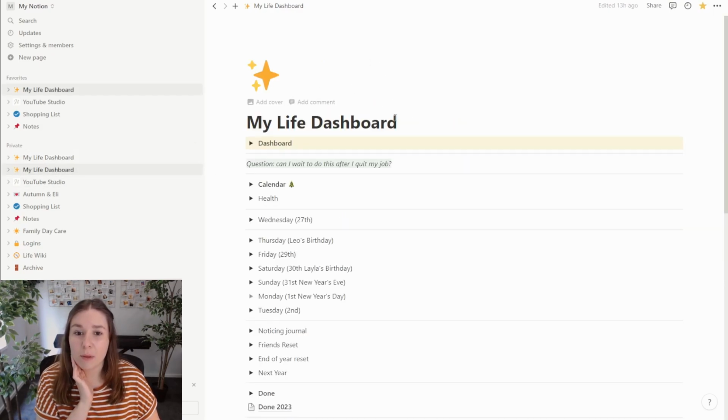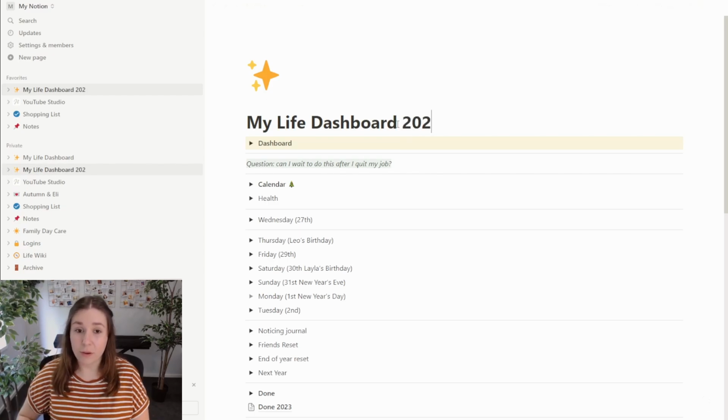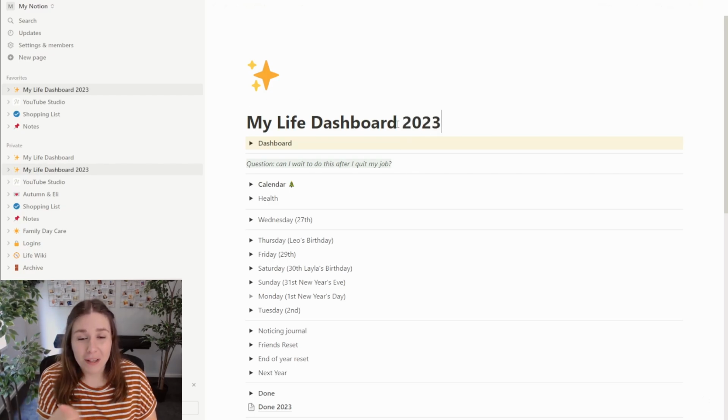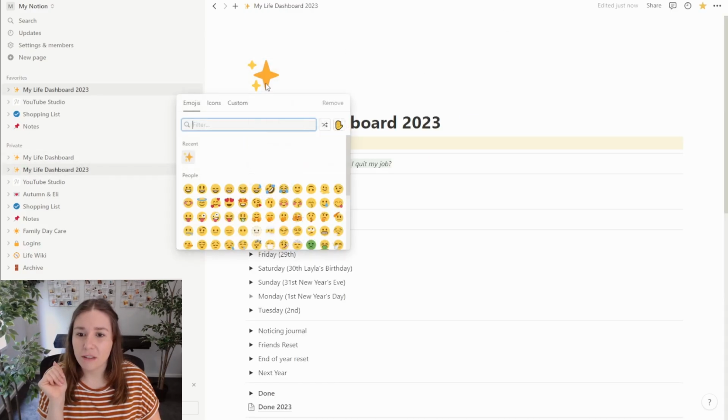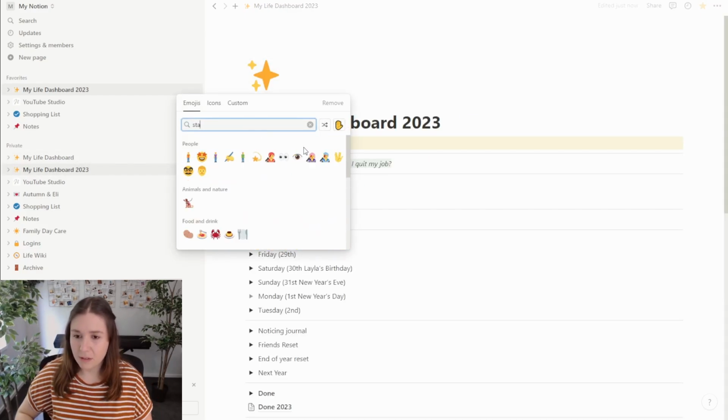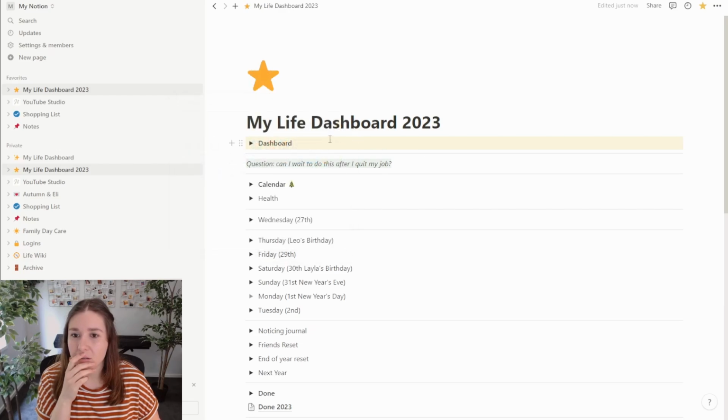I'm going to rename the old one 2023 because last year I remember I made a new dashboard and kind of forgot to rename it, and so then I was sort of half using one, half using the other, and the to-dos were getting all confused. Not going to happen this year. That is the old dashboard, do not use. I might even change the picture of the old one to just like a star,